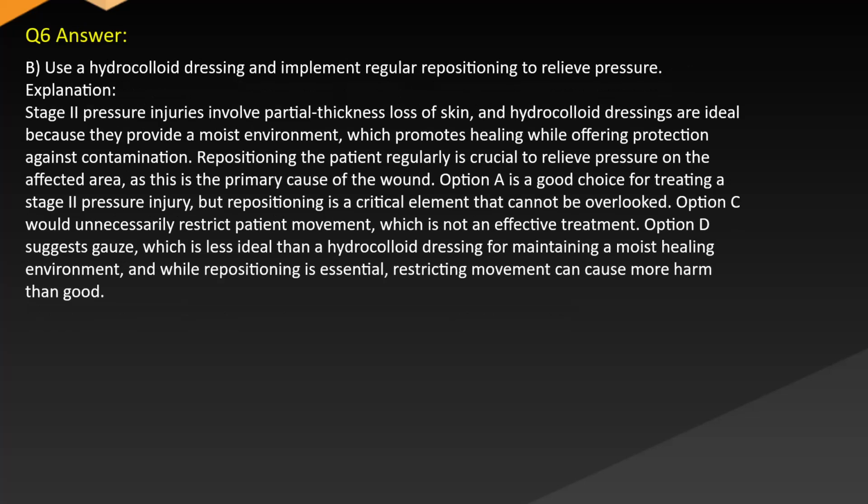Answer: B. Use a hydrocolloid dressing and implement regular repositioning to relieve pressure. Explanation: Stage 2 pressure injuries involve partial thickness loss of skin, and hydrocolloid dressings are ideal because they provide a moist environment which promotes healing while offering protection against contamination. Repositioning the patient regularly is crucial to relieve pressure on the affected area, as this is the primary cause of